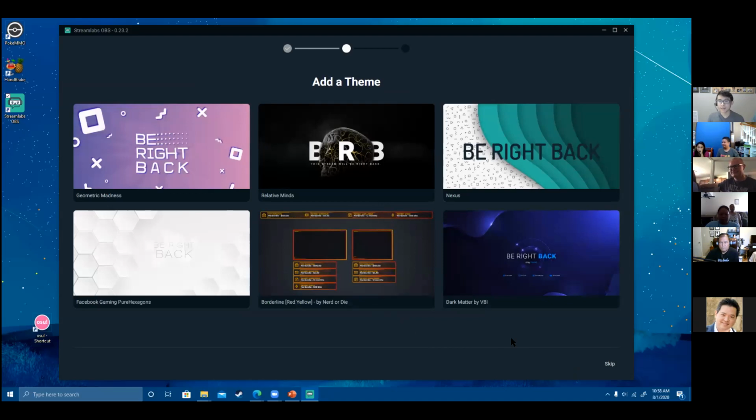Okay, so it'll ask you to configure your webcam. It'll ask you to configure your microphone. Set all that up. You don't need either one to start a live stream, so if you don't want to, you don't have to. But if you want to test it out on your live stream, you definitely can just link it. It's very easy. And then once everybody's on the add a theme, tell me